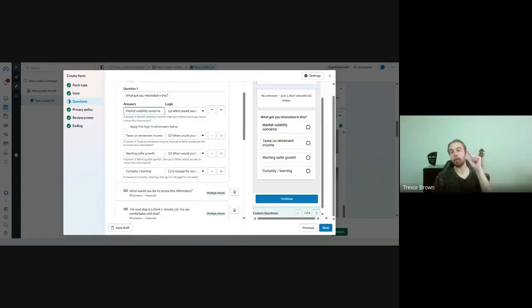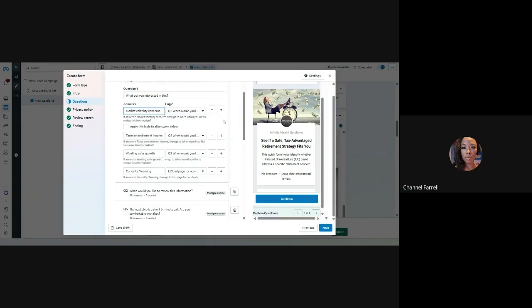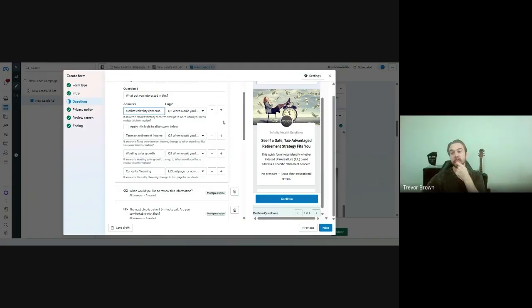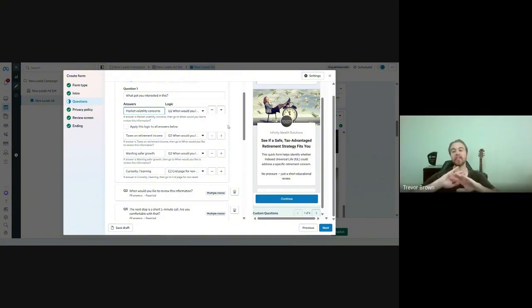Because again, with Facebook, if you're one word off in your copy anywhere on the lead form, on the intro, on the primary text, headline, description, or the ad creative itself, even if it's a video, then it completely changes the entire target market. And that's how Facebook has always worked.